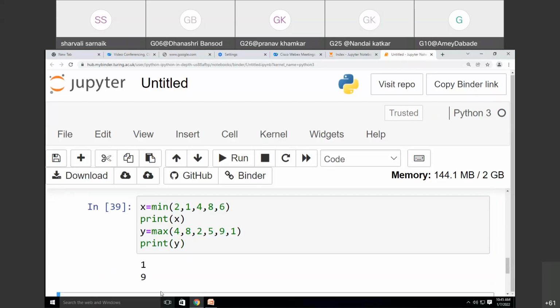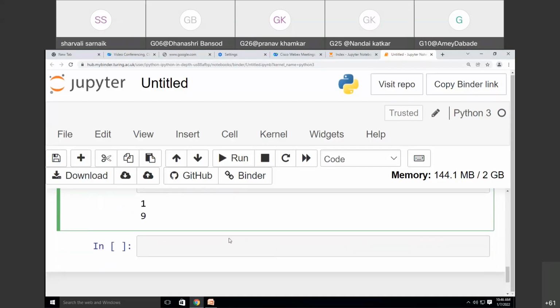When I run this, I'm getting 9 as my answer. 1 is the minimum value of x, and the other value I'm getting is 9, because you will observe the maximum number is 9 over here. So there is a max function. These are the two functions, min and max, which help me to display the value.